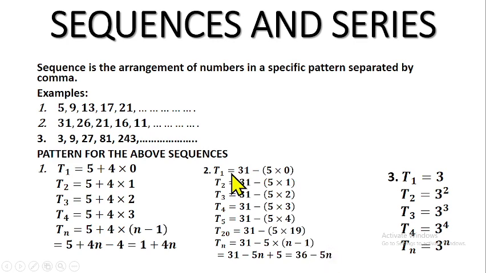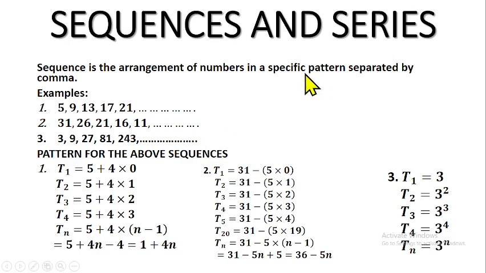So if my number of terms is 1, I'll put 1 here. 5 times 1 will give us minus 5 here. 36 minus 5 will give us 31. If n is 2, the second term, then I have 2 times minus 5, which gives us minus 10. 36 minus 10 will give us 26. Then the next one, n is 3, minus 5 times 3 gives us minus 15. Then 36 minus 15 will give us 21. And so on and so forth. So they have used this pattern to get this sequence.